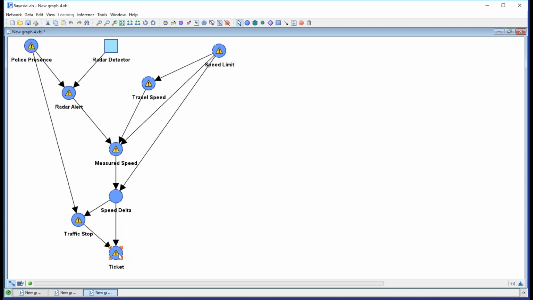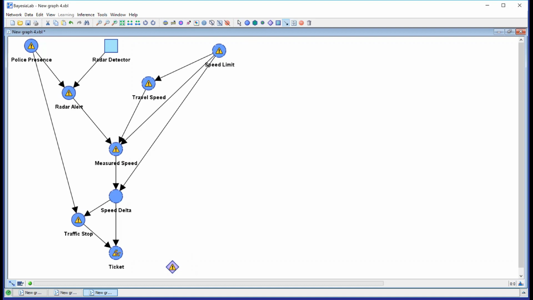Let's now think about what utilities that brings about. Well, one utility, a negative utility, is certainly the ticket. That's what I want to avoid. And the way we can capture that in BayesiaLab in terms of evaluation is via utility nodes. So this is probably also a node that you may not have seen before. This is this diamond-shaped utility node, and that is what we use when we want BayesiaLab to evaluate one or multiple utilities with regard to establishing a policy.